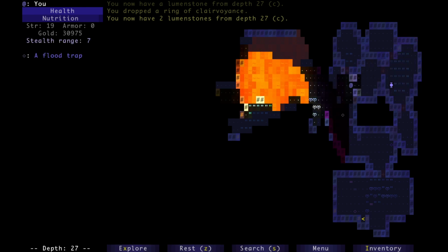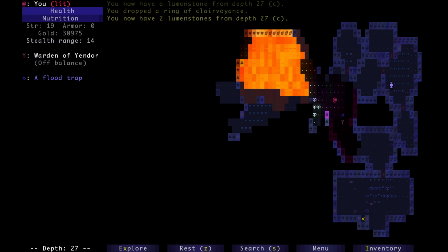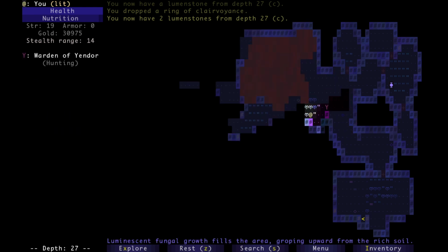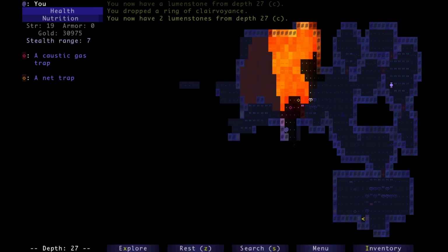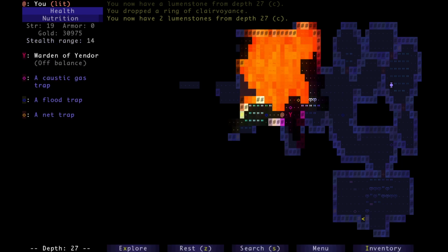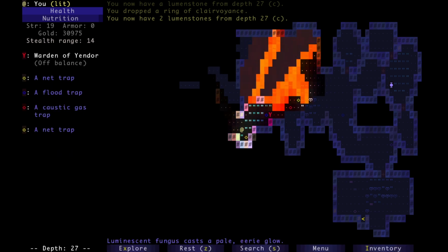D27 can be really quiet at times, actually. Getting too close to the lava isn't great, because enemies will be able to see you. We need to keep moving because of the warden. Should I search here? It doesn't seem like anything's there. I should have gone for the full search if I spent 4 turns, but I figure with awareness...